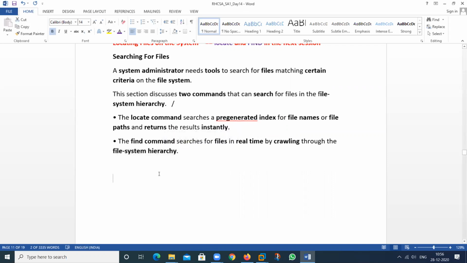In all the file system, it will crawl by using the name and different functionality or different criteria. So there are two commands. The first one is the locate command. The second one is the find command.